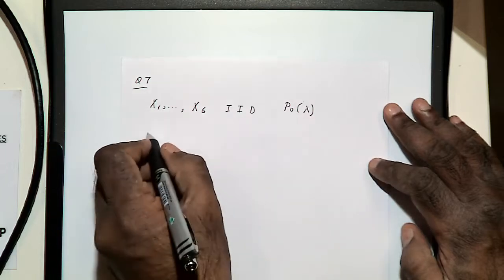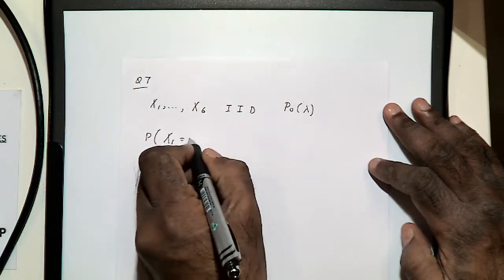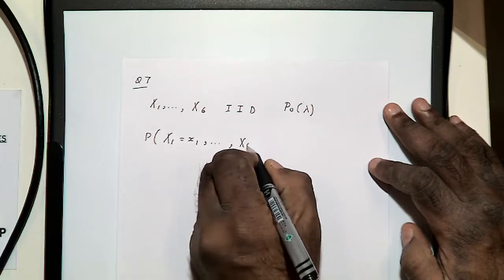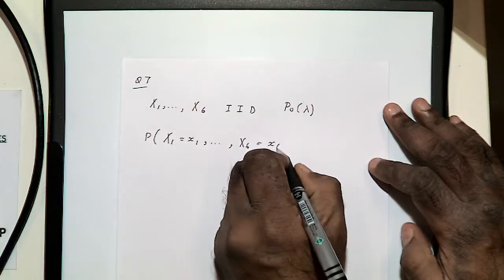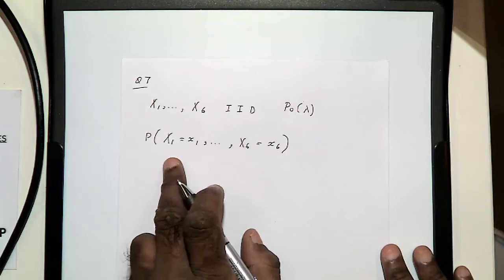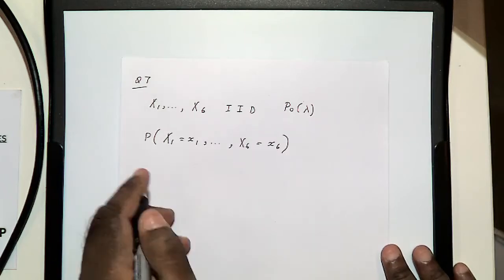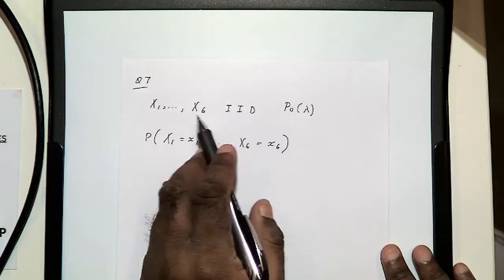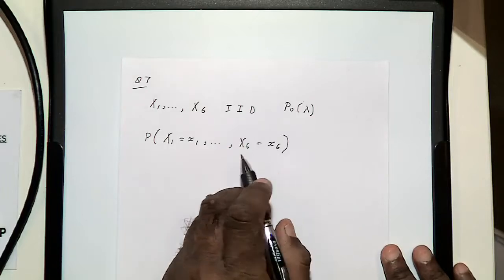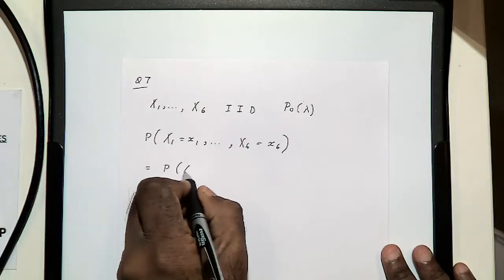So the question is to find the joint probability that this is the joint probability that x1 equal to this up to x6 equal to this, right? Now because these are independent random variables, this joint probability you can write as the probability that